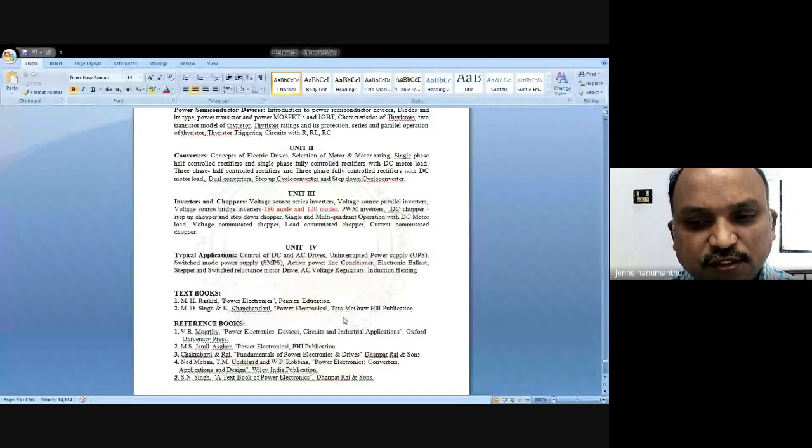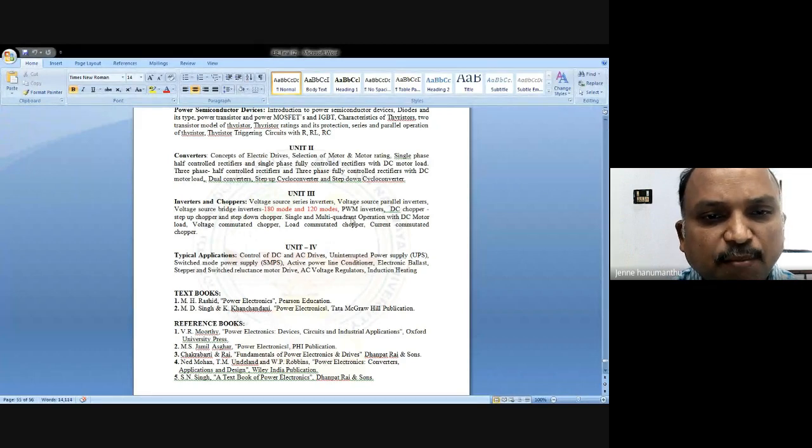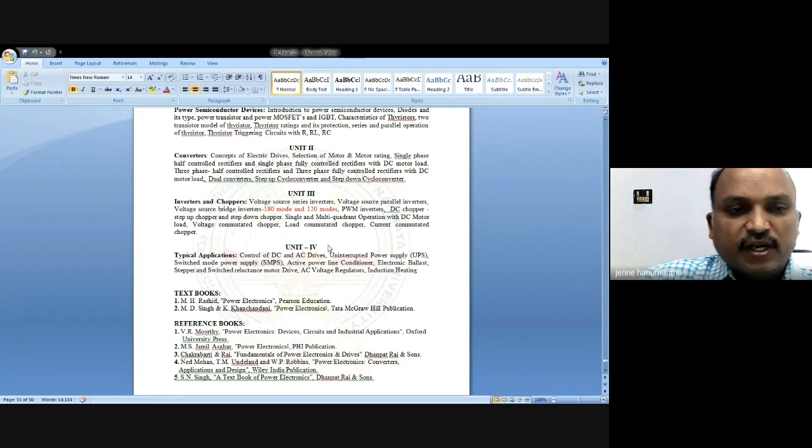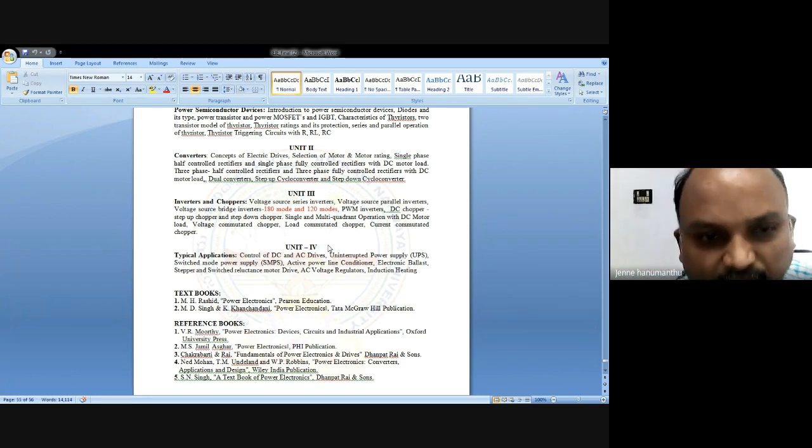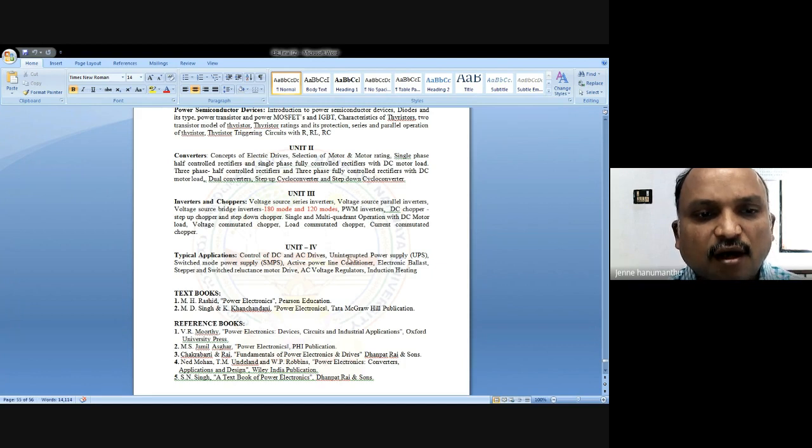Dear students, good evening. Yesterday we discussed PWM inverters, right? And bridge inverters, that may be 120 degrees mode of conduction and 180 degrees mode of conduction, right? Anyway, it may be any type of conduction or any type of inversion. What we observe is that the thyristor or SCR simply converts DC into alternating current, right? DC into alternating current.